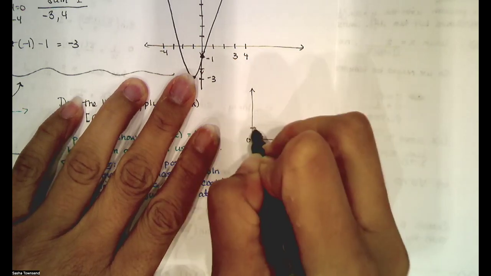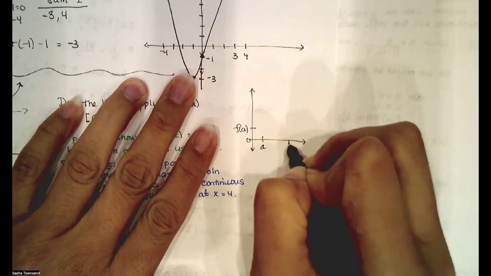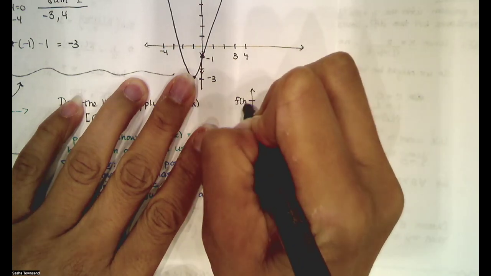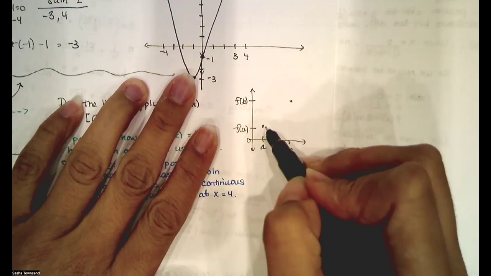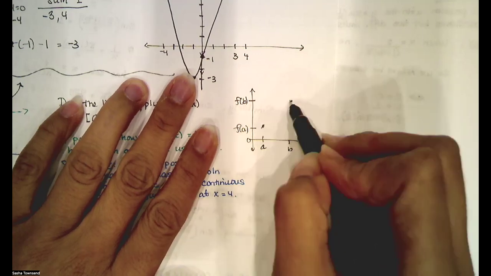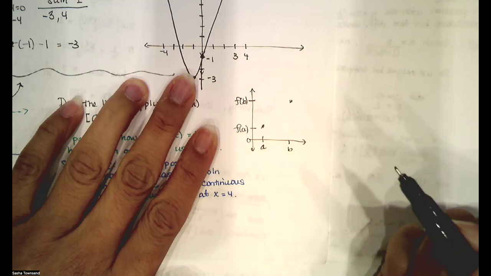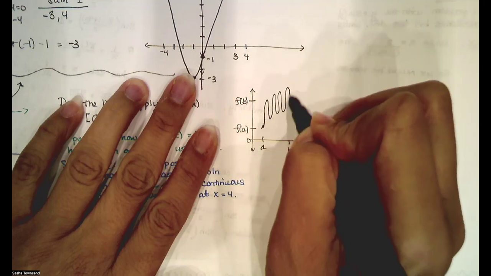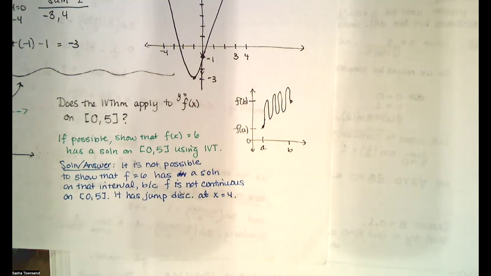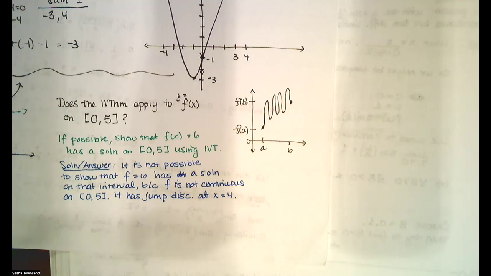Here's f of a, and here's b, f of b. I'm having a tendency to draw the function with this value smaller than this one, but you could have just as easily drawn it the other way. I mean, you could have done something like this if you wanted to. Then if I said, this is my k value,